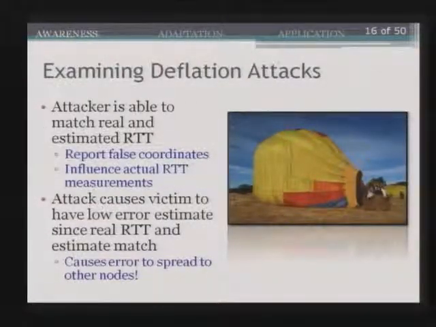For the deflation attack, the attacker is able to match the real and the estimated round-trip times. So the attacker knows the coordinates of itself and its neighbor node and makes these match the estimated latency. And so this will cause the node to stay at its current position and will force it to be unable to